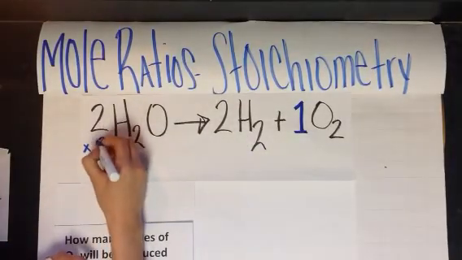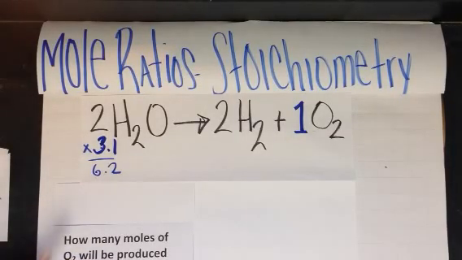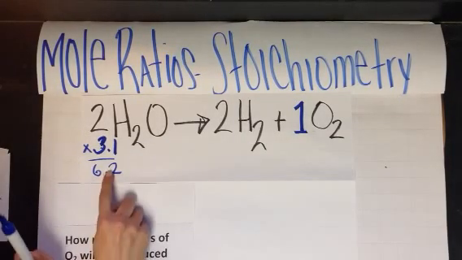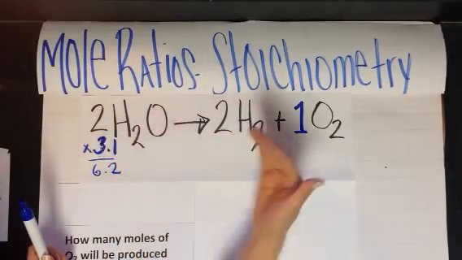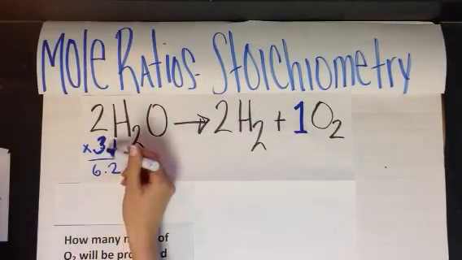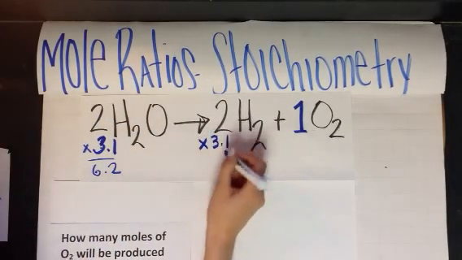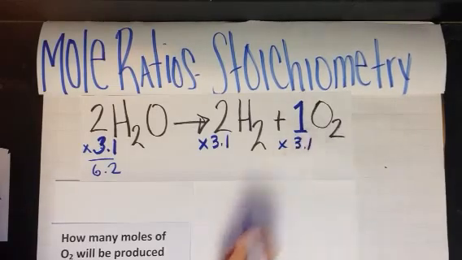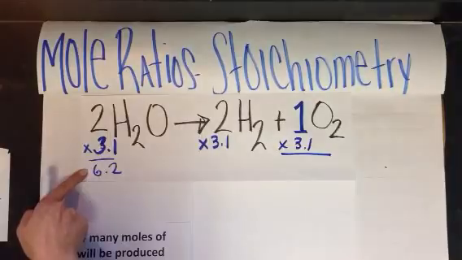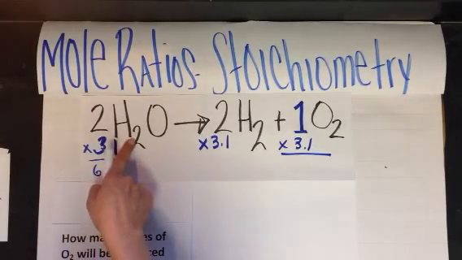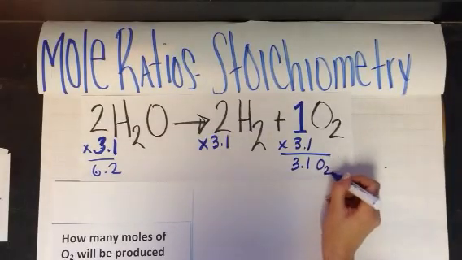So 2 times 3.1. Go ahead and try that in your calculator. Did you get 6.2? Yep, that should be right. So if I have 3.1 of these, then I can actually do this problem. So 3.1 gets multiplied by there. 3.1 gets also multiplied by here and by here. Okay? So in a sense, then, starting off with 6.2 of the waters will give me 3.1 of the oxygens,